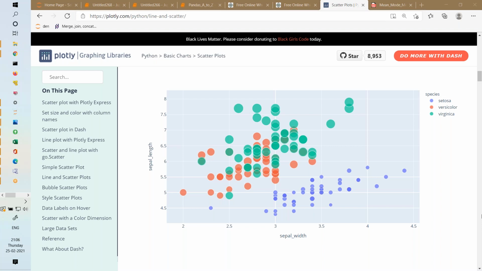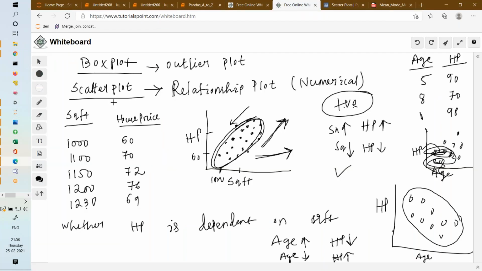So this is just an example. You will find many relationship plots using scatter plot later in the course. Maybe tomorrow I will explain the detail about how to do it. But is it clear where to use what? Today we discussed two plots: one is the outlier plot, that is box plot, and the other is scatter plot. Also three concepts: mean, median, and mode, and interquartile range, Q1 and Q3. Is all of this clear or not?